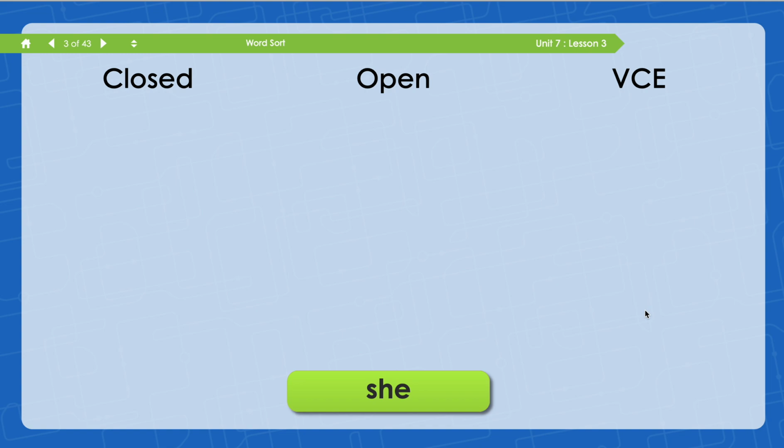Kit. So K-I-T, kit. When I finger stretch it, I have 3 fingers up. Now, that word is spelled K-I-T. It's a closed syllable, right? I first identify my vowel, which is I. It's closed because there's a consonant after, okay? And so therefore it makes the short I sound,